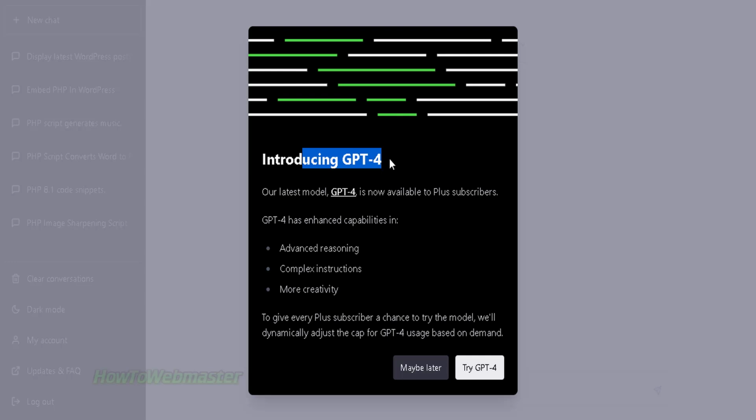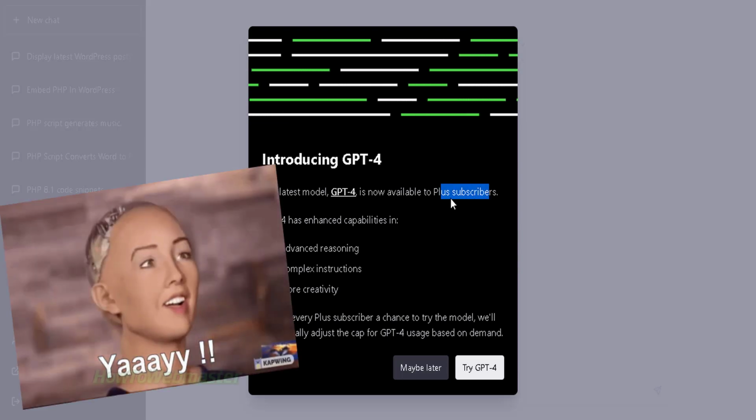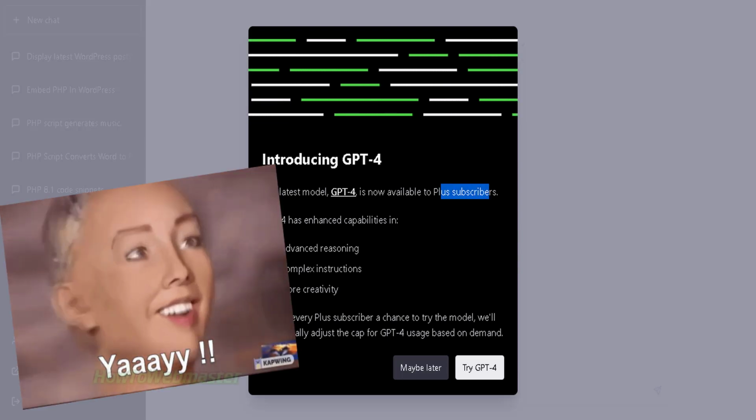Today I am testing out the newest version of Chat GPT version 4, which is supposed to be a lot smarter than previous versions. I will be running a bunch of experiments on Chat GPT and AI tools,